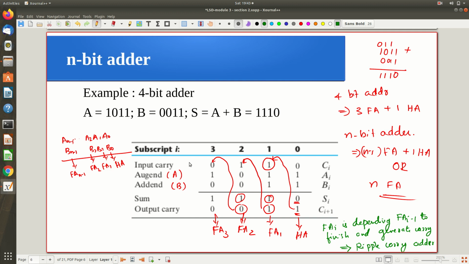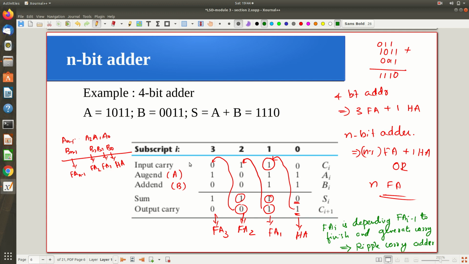So that is the type of delay it is experiencing, because if I have to add n bits, the delay is of the order of n. That is not recommended for a hardware circuit, right? How fast it can perform the addition is going to measure the performance of the whole thing. Any big program involves some addition at some point, and if it takes a lot of time for addition, we are not happy with that, so we want to improve the time. So can you do this addition without this rippling effect? That is the topic of interest, so we will see.